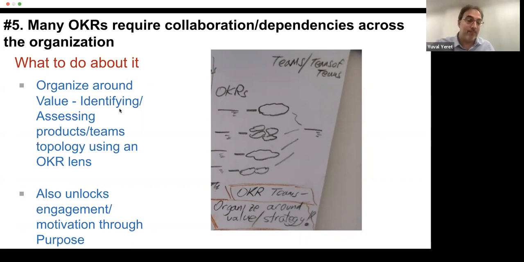Once we do that, once we have people on teams focusing on something strategic, and once we have these teams where people are focused on a small set of strategic things, because each one of these teams would be mapped to a specific OKR,